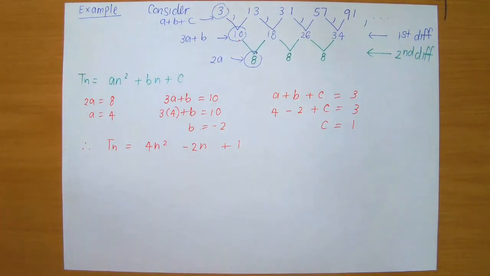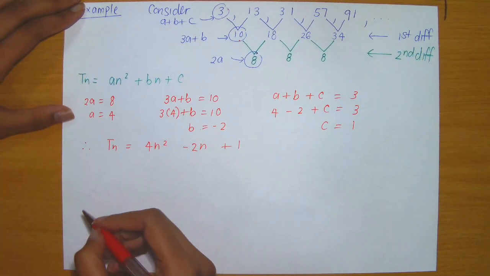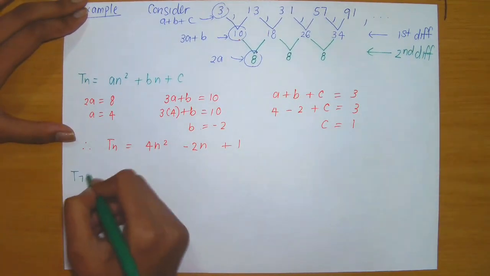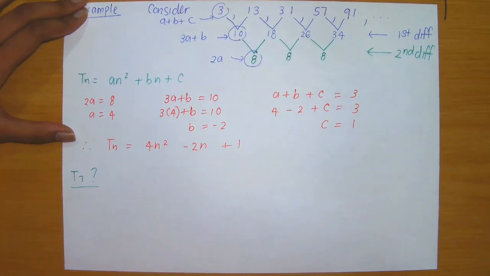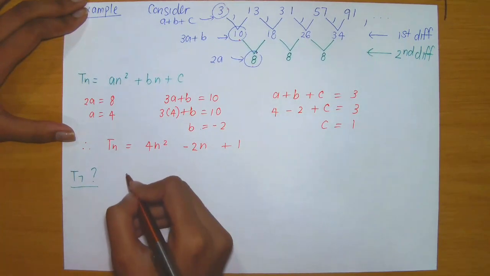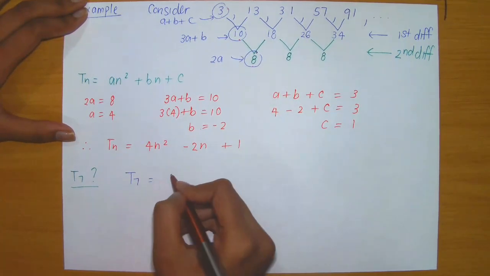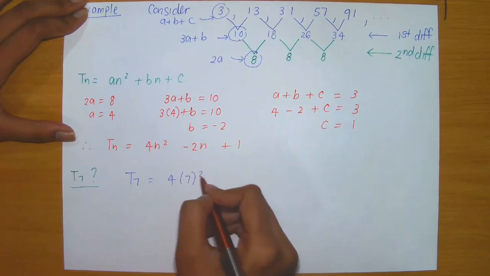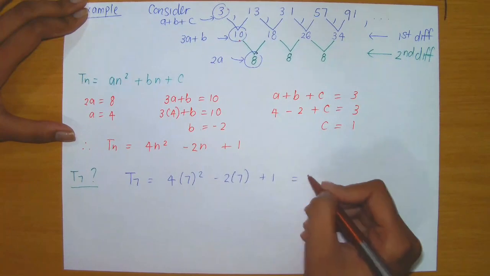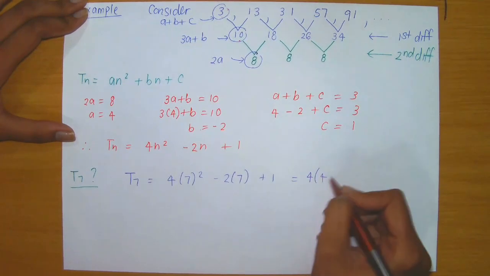Right. So keeping that in mind, let's now compute one of the terms in the sequence. So let's say I wanted to find out what is T7. So that is the question. Term 7. So all you'd have to do is plug in n equals 7 into your original formula. T7 equals 4 times 7 squared minus 2 times 7 plus 1. That equals 4 times 49